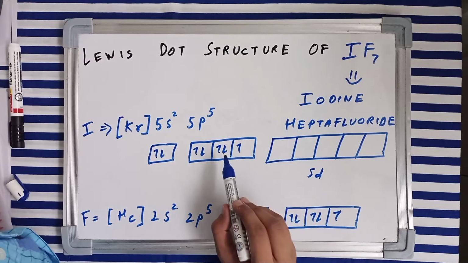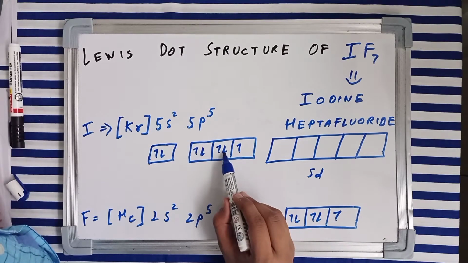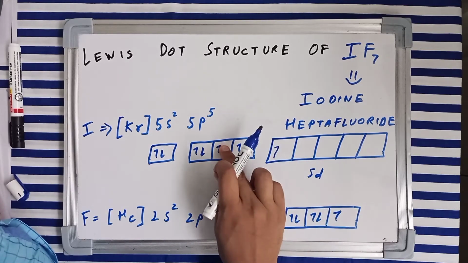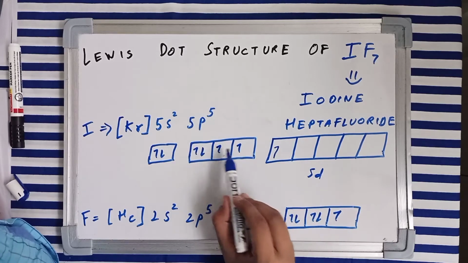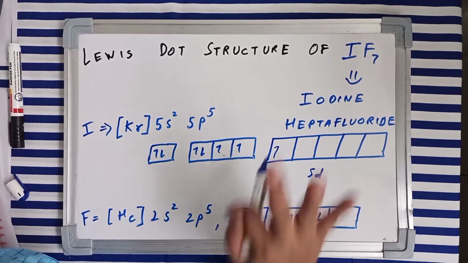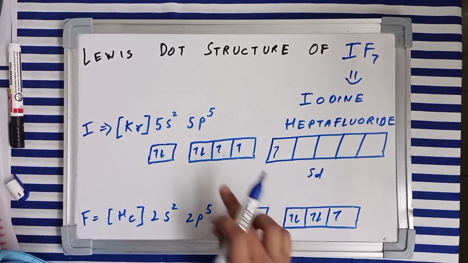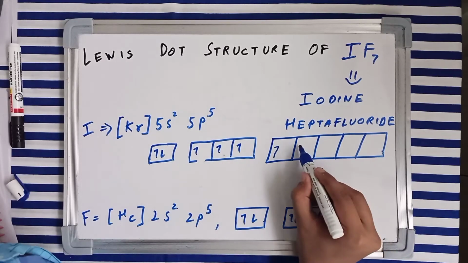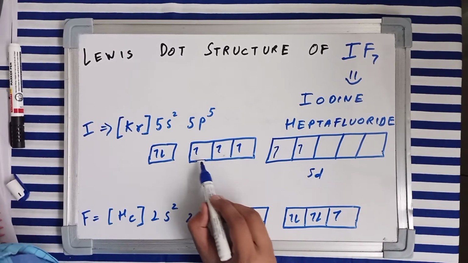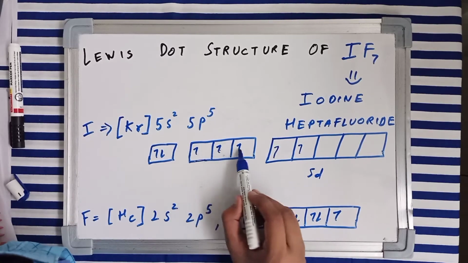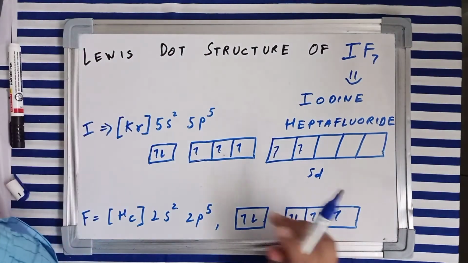And now see, there can be excitation or shifting of electrons from the P to D subshells. Now, one of the electrons from the P subshell can leave its place from here and sit in one of the orbitals of D subshell, suppose here. Now you see iodine has got 1, 2, 3 unpaired electrons, which means now iodine can make 3 covalent bonds. But let's suppose that if one more electron jumps and sits in one of the vacant orbitals of the 5D subshell, now iodine is able to make 1, 2, 3, 4, 5 covalent bonds.